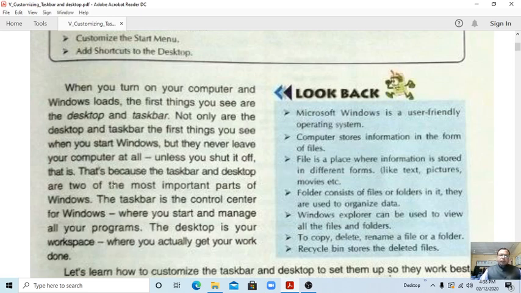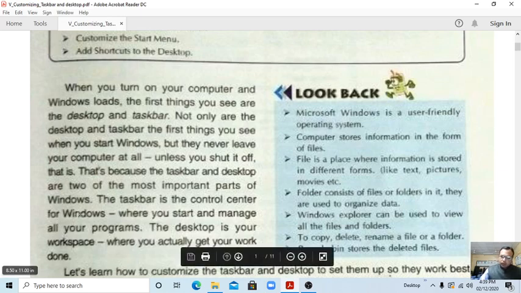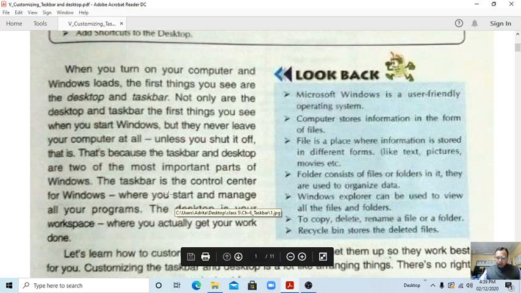It means whatever the first window we get, that is the desktop window. If you shut down, then it will leave, otherwise the desktop and taskbar are always present. That's because the taskbar and desktop are two of the most important parts of Windows, where we keep all the things. The taskbar is the control center.